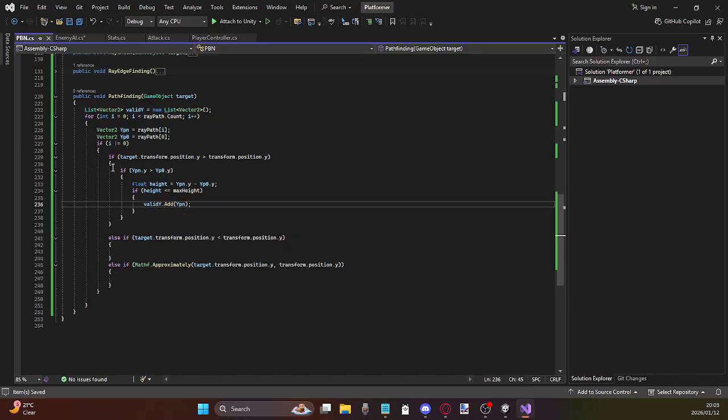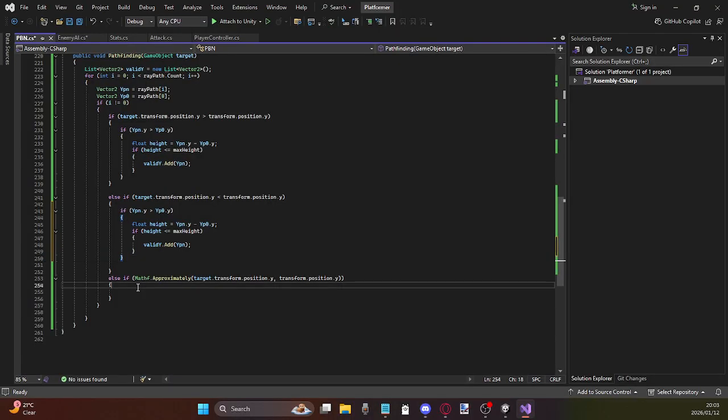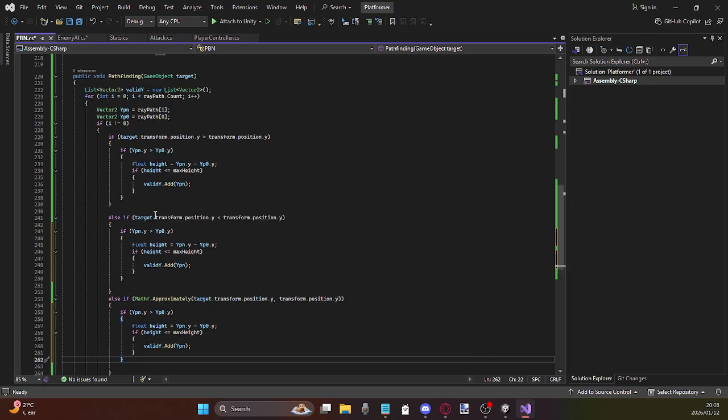Right. Let's copy this logic over real quick. So here we said we were going to do things a little bit differently. So we're first going to check